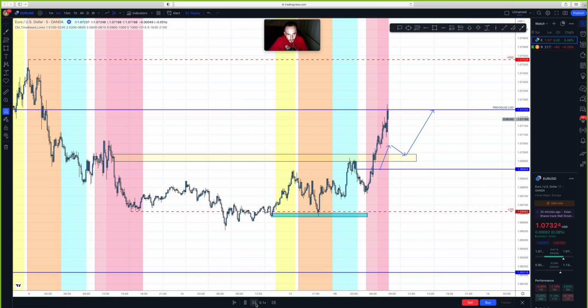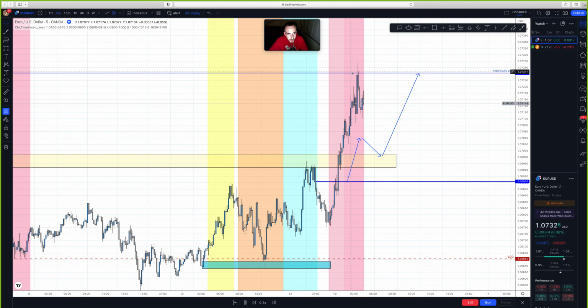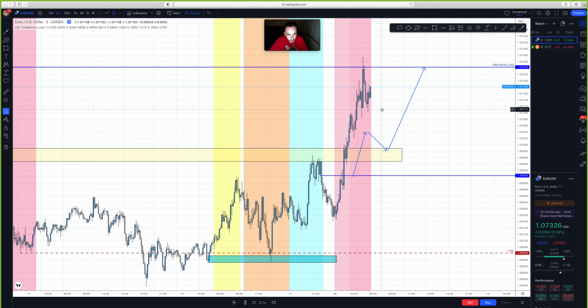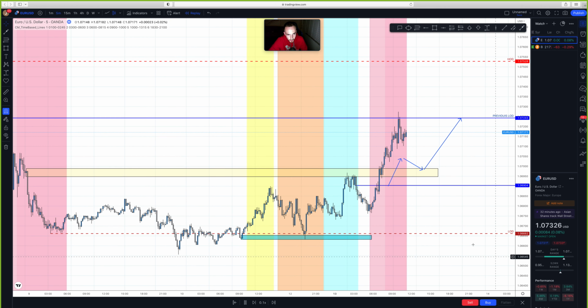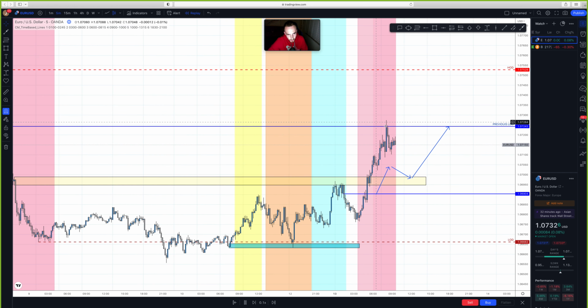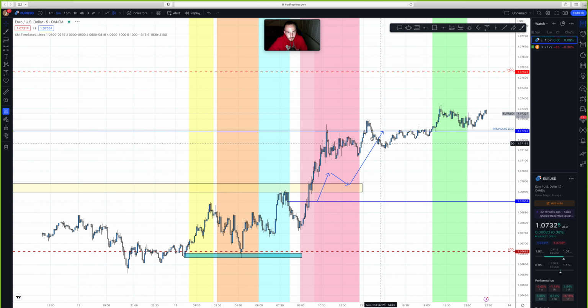So notice how price interacts with this previous low of day. As soon as price touches this previous low of day, we're getting this movement here to the downside. That doesn't mean that price is going to continue now into a bearish movement or anything like that, but just notice how price interacts in this area. They're very specific points. So now, let's delete this and let's see what price is doing right now and what we could expect price to do.